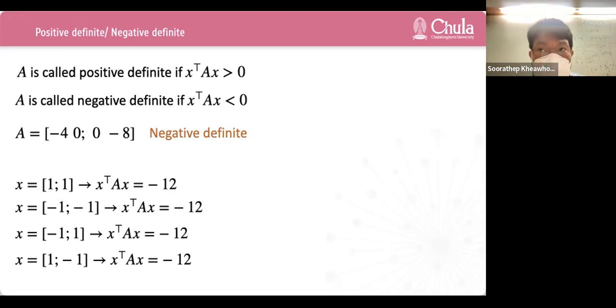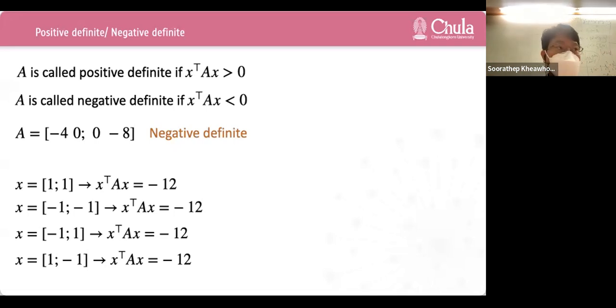So what about positive definite? This is negative definite, right? For positive definite, it works the same way, but the result is positive. From the definition, it's quite clear: you take any x, x transpose Ax gives you positive for positive definite, and negative for negative definite, right? But